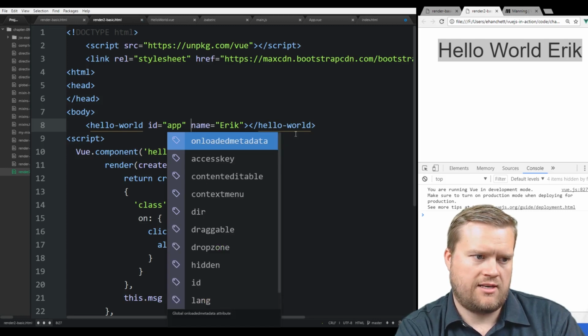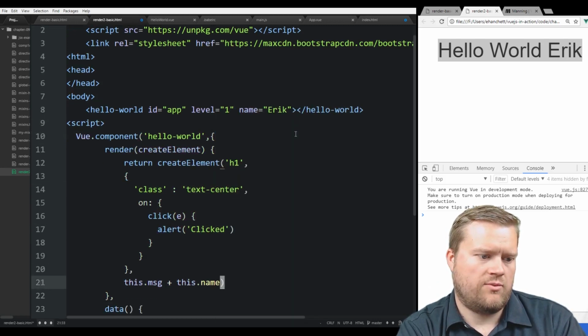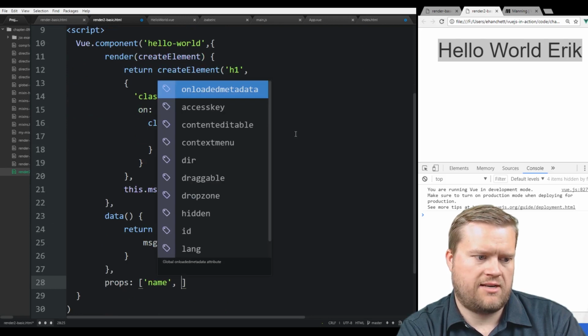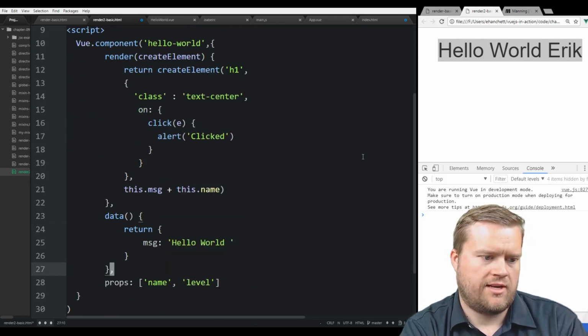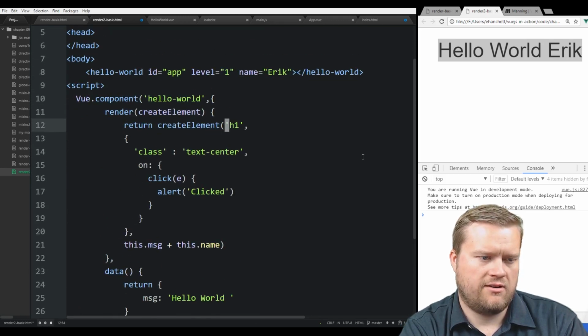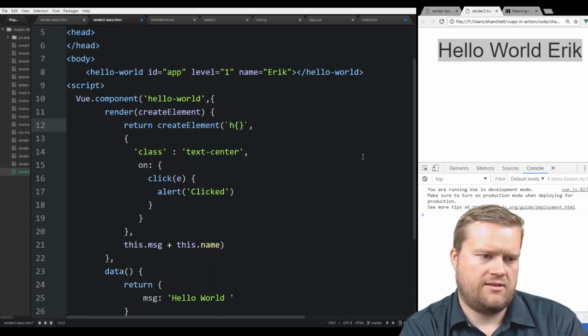So I can create another prop. We'll call it level, and then we'll put in a number 1. Then, since it's a new property, we have to come down here and put in level. That way it's recognized. And then right here, this h1, we can actually do h plus, well, we can probably just interpolate it. We can do h, and then this dot level,